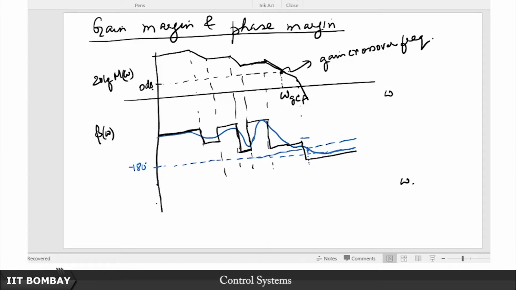So, this is basically it. This is probably where this intersects, right. Where it intersects with this minus 180 degree line is what we call omega PCF. So, this is what we call the phase crossover frequency,